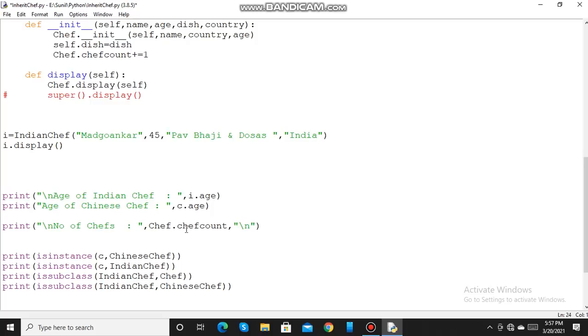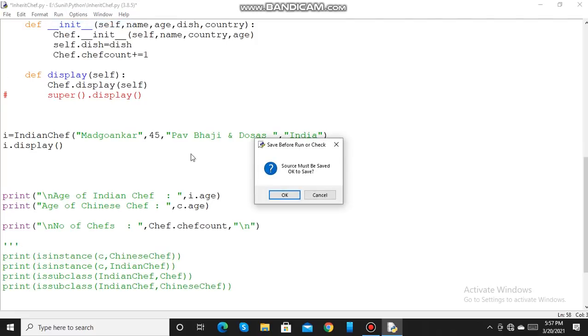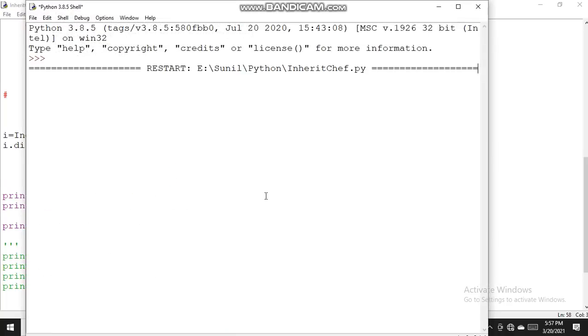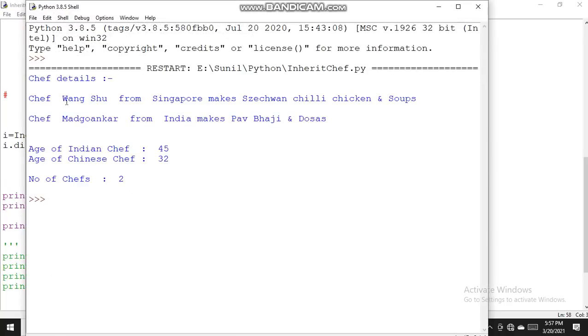Then the number of chefs, that is chef count, the class variable. I am printing it here. We will run this. So it has printed the details of the Chinese chef, Indian chef, and the ages of the Indian chef and Chinese chef. The number of chefs are 2.